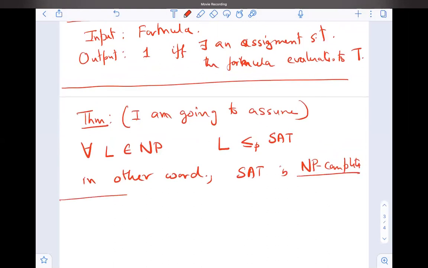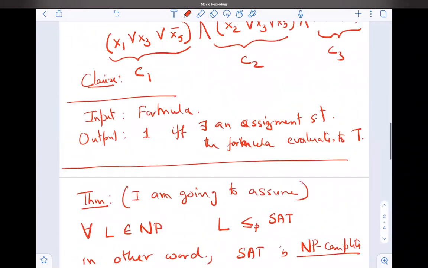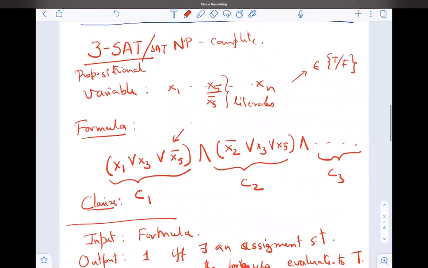Now there is also a concept of NP hard. How many of you have heard of it? Yes, sir. Some of us have. So what is the difference between NP complete and NP hard? There is a very fine difference between these two. Let's look at this SAT problem. Can you solve this SAT problem in poly time, or can you solve it in exponential time? Sir, exponential time we can do.